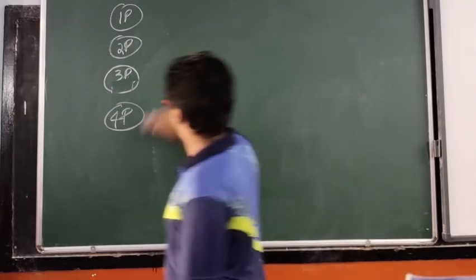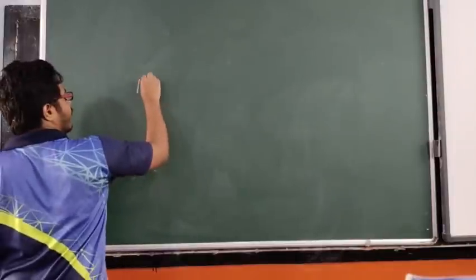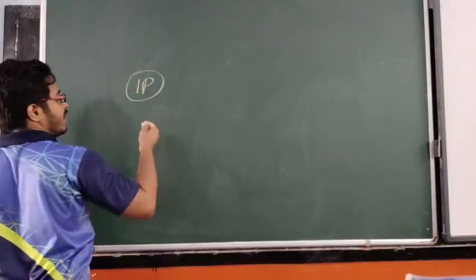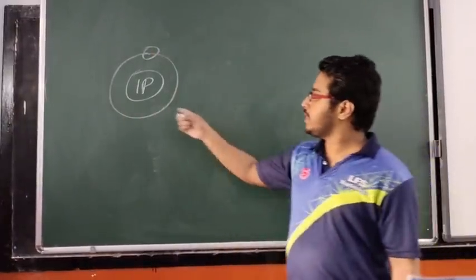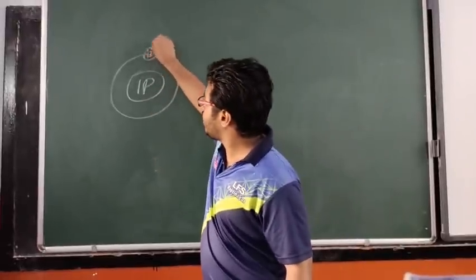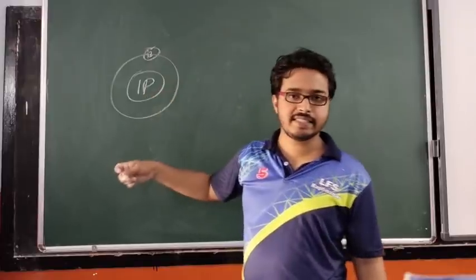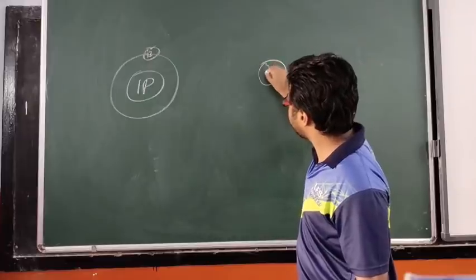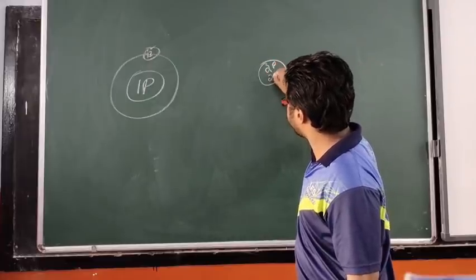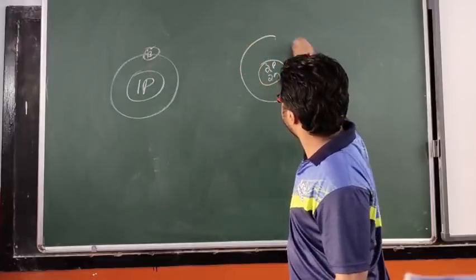Now consider the first period, which contains hydrogen and helium. The first one is hydrogen, of course. In this one there is 1 proton and 1 electron. So this electron will be attracted by the single proton inside the nucleus. The next one is helium. It has 2 protons and 2 neutrons inside the nucleus, and in the first shell there